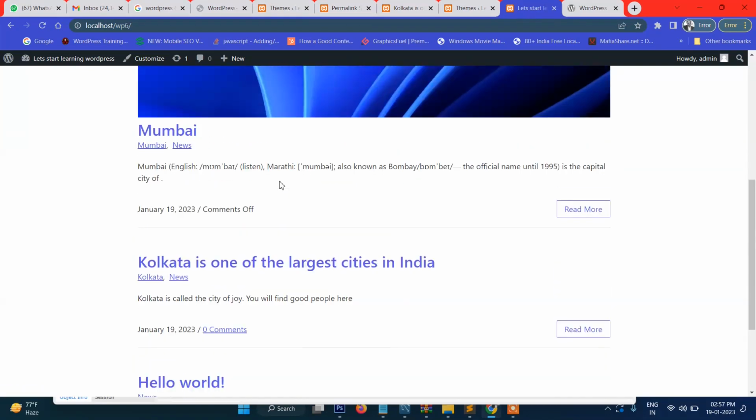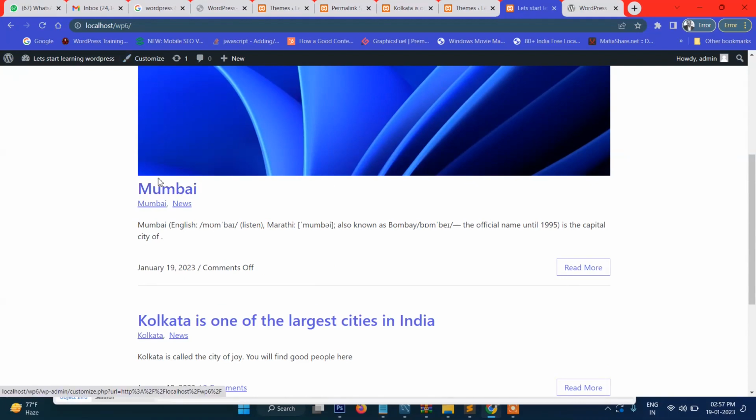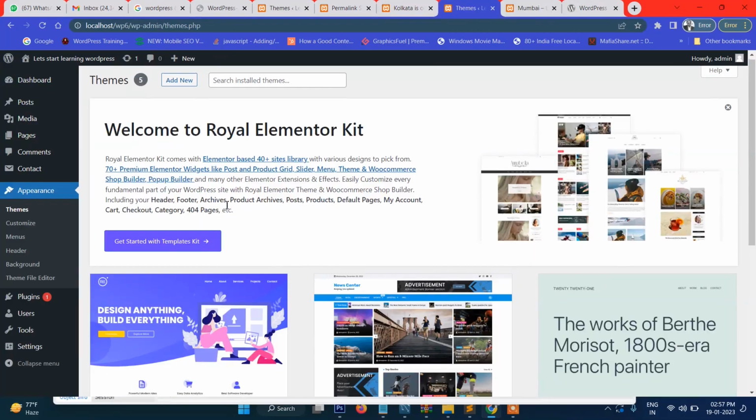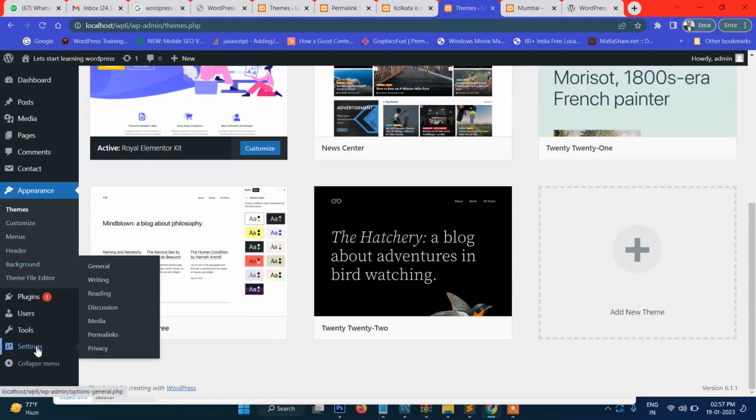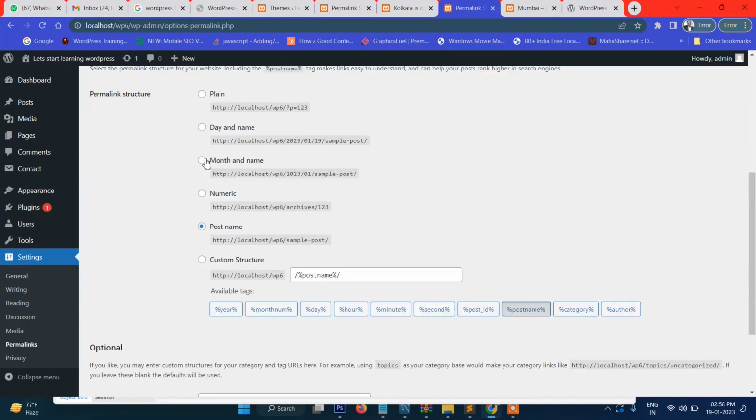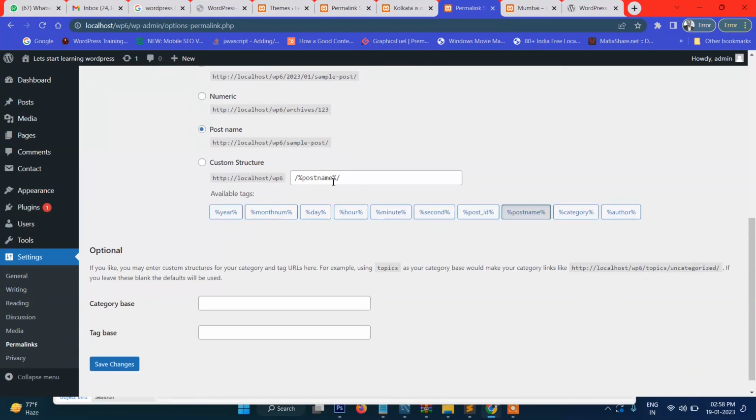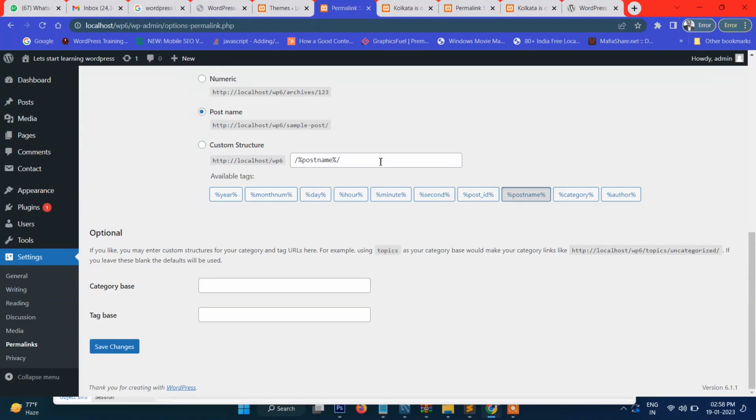So changing permalink is important because search engines like fresh and clean URLs, which can be achieved through permalink, and it's very handy and very easy to change the permalink here. As you can see, there are different options here. Apart from that, if you want a custom structure, then you can provide a custom structure here as well. Also, if you want to put something here, for example .html, save it, and then